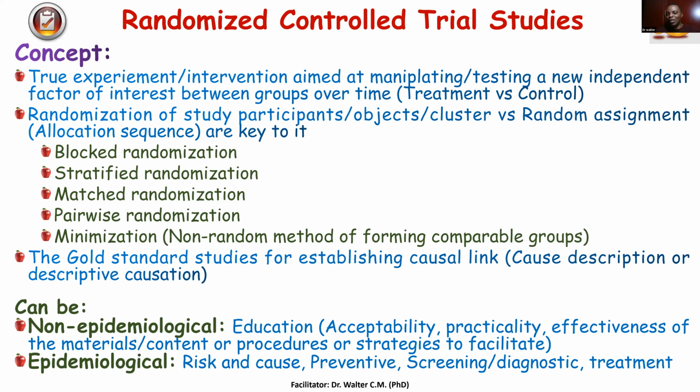So you randomize, you manipulate the input factor or participant and the objects, and have a control group. Over time, but between groups. You see? So you have a treatment and a control group. And then the treatment can be 1, 2, or 3. And then the control, only 1. See? It depends on the types of the randomized controlled trial. So in the randomization, just as a